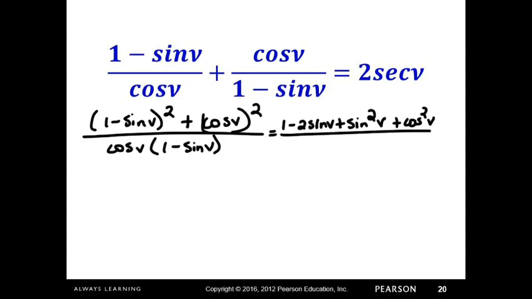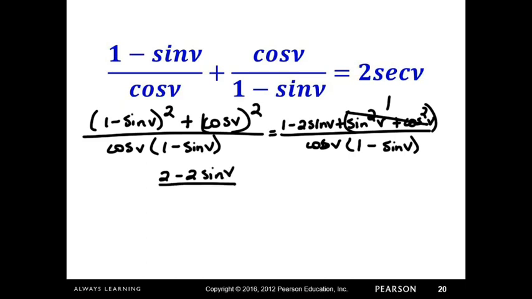All of that over cosine v times 1, excuse me, minus sine v. Okay. Now, if I look at this part of it, sine squared plus cosine squared equals 1. So now I have 1 plus 1, or I have 2 minus 2 sine v over